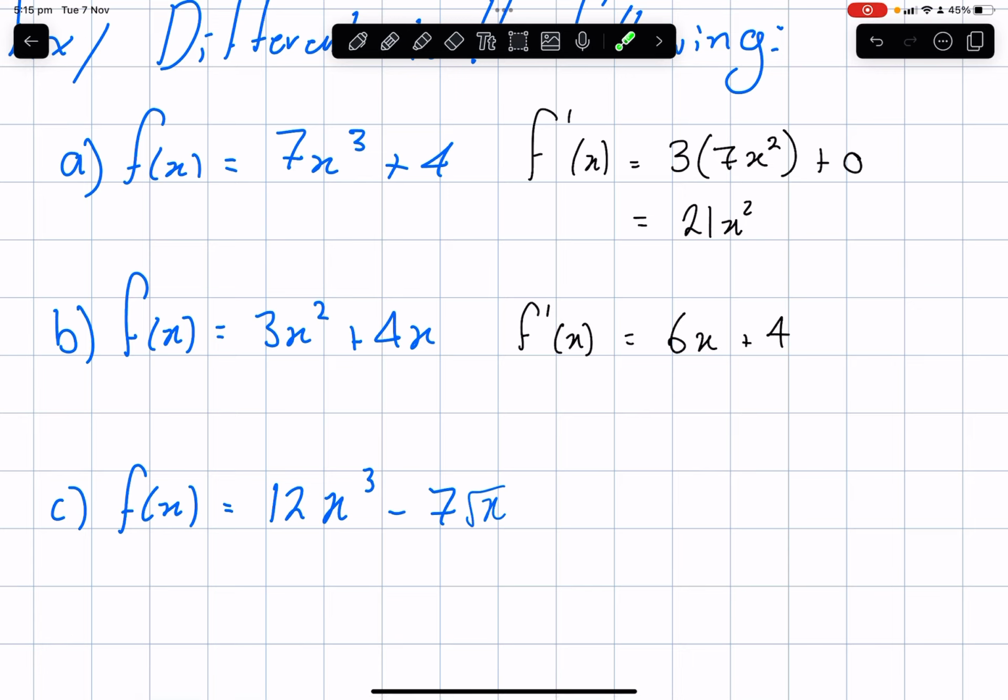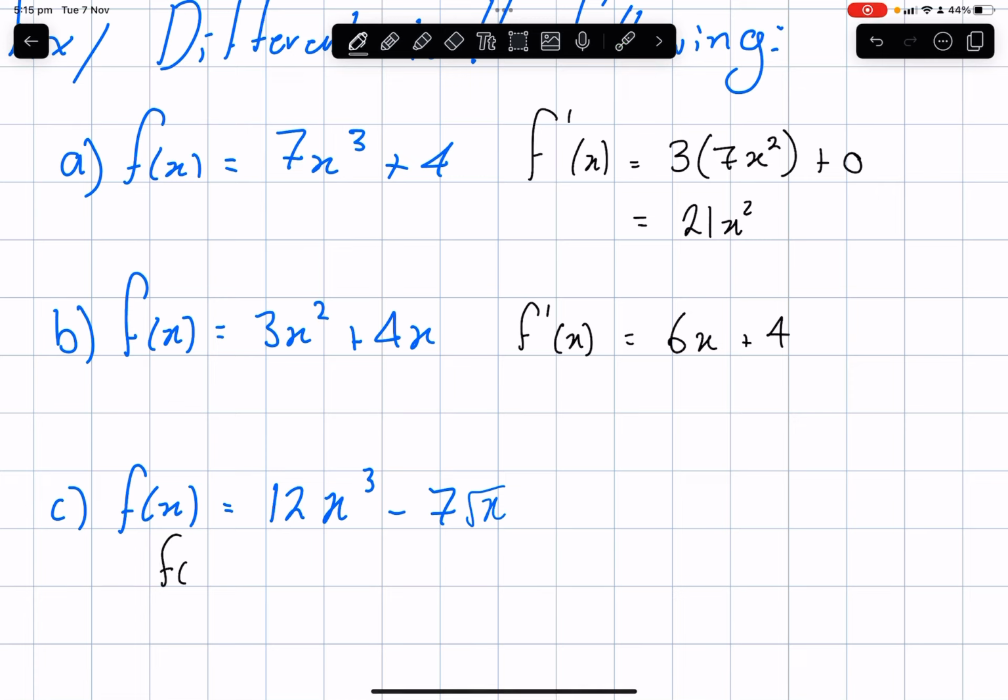All right, this is where it can start getting a little bit tricky. Now there's a square root in there. We cannot apply the power rule of differentiating to a square root. So what we need to do is convert that to index form or to power form. Now you should hopefully remember from previous videos,